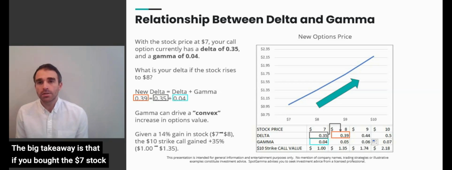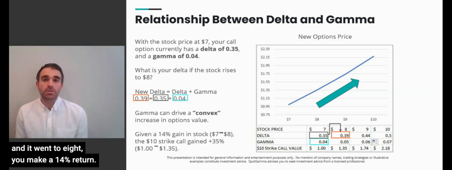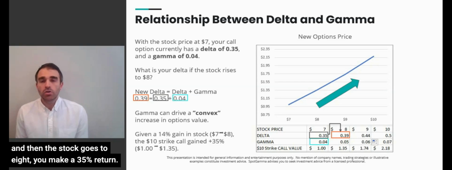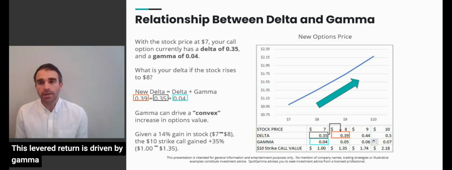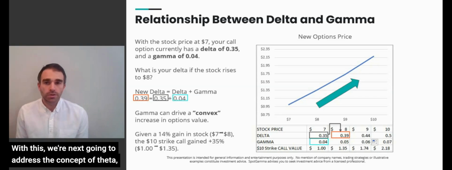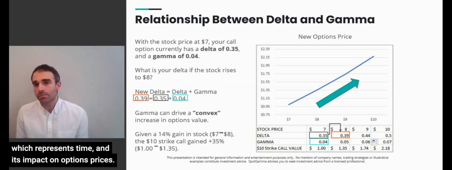The big takeaway is that if you bought this $7 stock and it went to 8, you make a 14% return. If you bought the $10 call when the stock is at 7 and then the stock goes to 8, you make a 35% return. This levered return is driven by gamma, and it's one of the main reasons a trader would choose to buy options rather than stock. With this, we're next going to address the concept of theta, which represents time and its